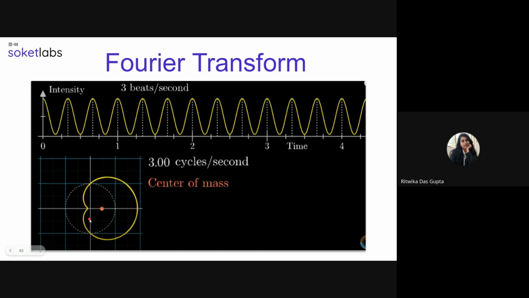So in this graph, you can see that all the points which are positive, all the higher points, are present here, and all the points which are negative are present here. And the center of mass is at this position. When the matching of beats had not happened, the center of mass was almost close to the origin. And finally, when the matching had happened, the center of mass shifted towards the left.